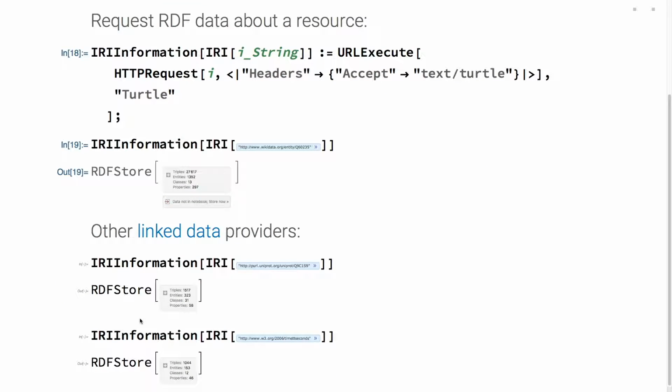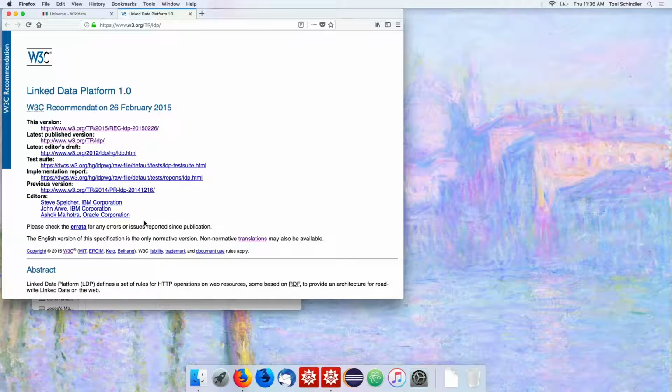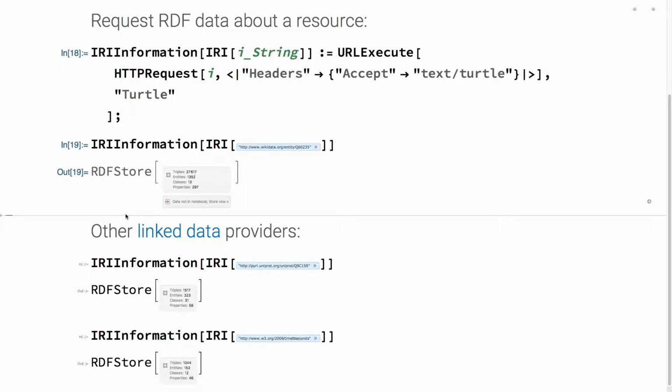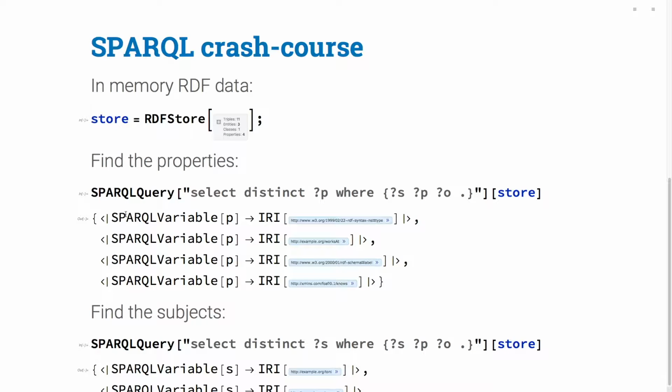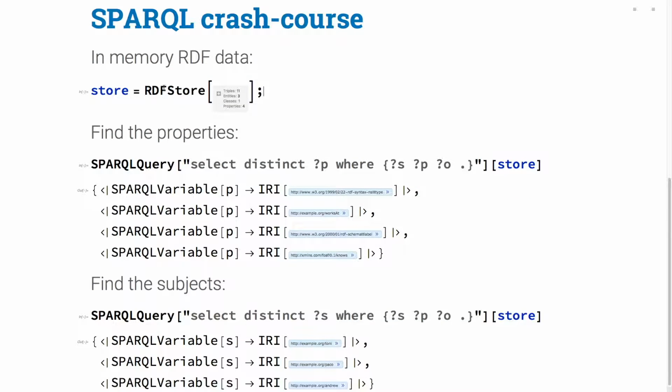Because you could look at the triples that are in the store, but this is not the most useful way to look at it. Usually you might want to ask more complicated questions, and that's what SPARQL is for. So, a quick crash course in SPARQL. Here I have some RDF store that I got from somewhere. Maybe I imported it or created it myself. And then I want to explore it: what are the properties in it? So the syntax is